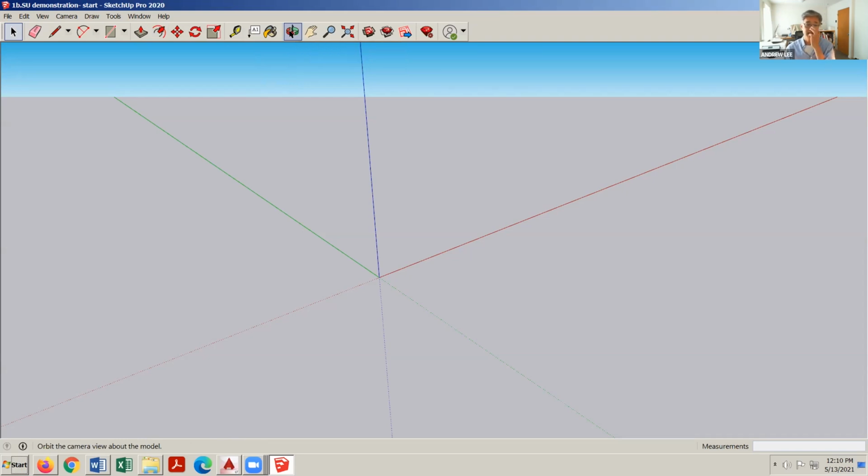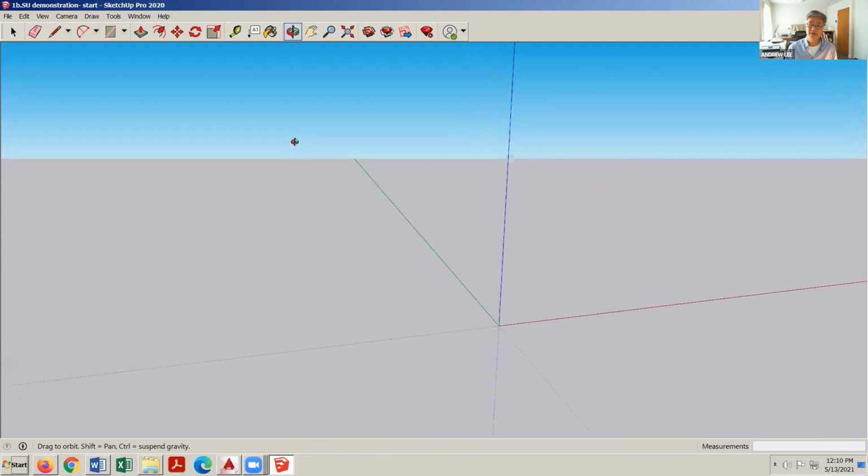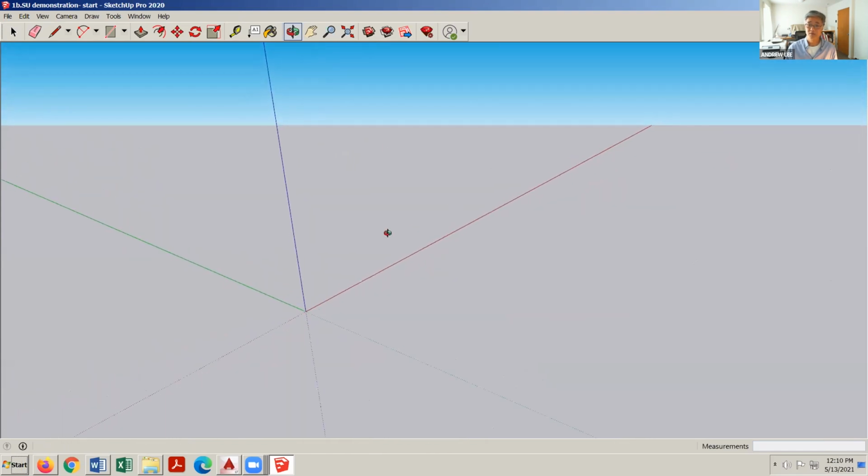Just as in most CAD programs, you can create shortcuts on your keyboard, so you don't need to use the buttons if you don't always want to keep pointing to them. For me, the keyboard shortcut is O for orbit. And you see, once I type O, my cursor changes to that little symbol with the arrows rotating. I can press my mouse button and then move my mouse around, and I can move around the universe and look around